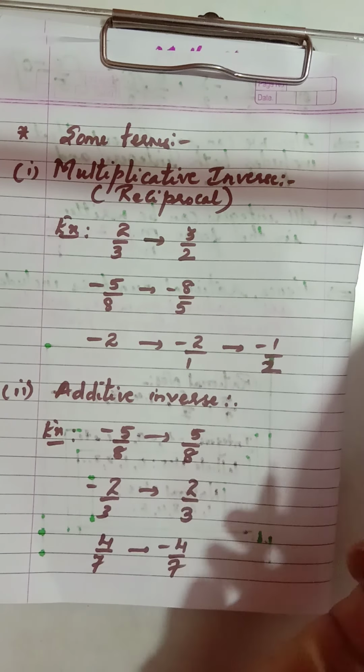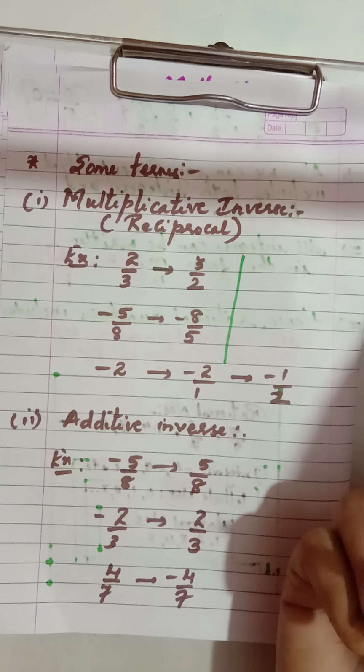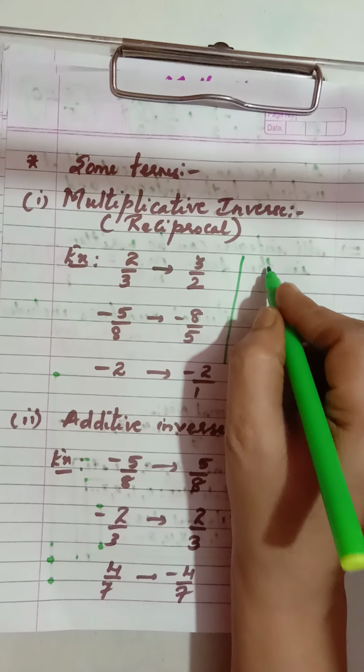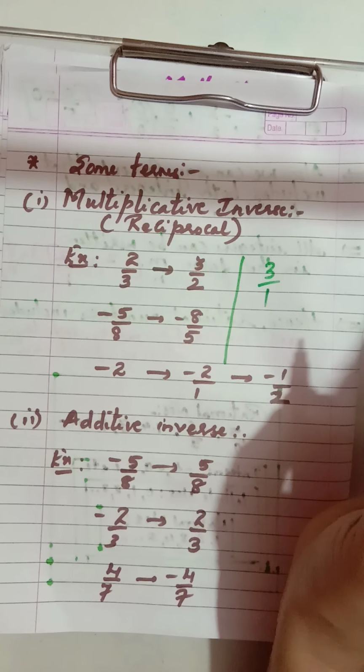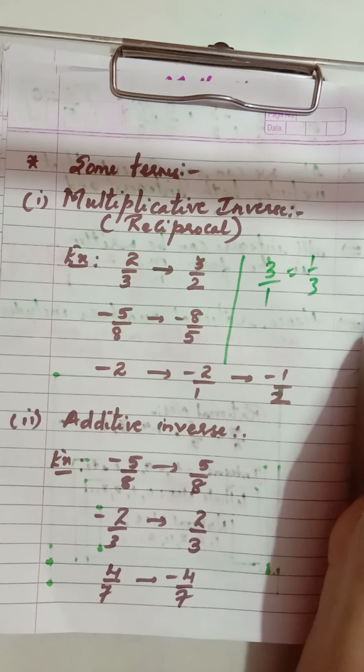Okay, so you can write the denominator, minus 2 upon 1, and then we can write the reciprocal, that is minus 1 upon 2. So either you say the term reciprocal or multiplicative inverse, it is one and the same. Suppose it is 3, then you will write 3 upon 1, and 1 upon 3 will be the reciprocal of 3 upon 1. So this multiplicative inverse, it's clear to you children?